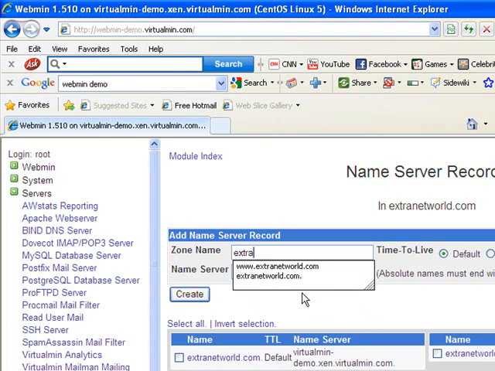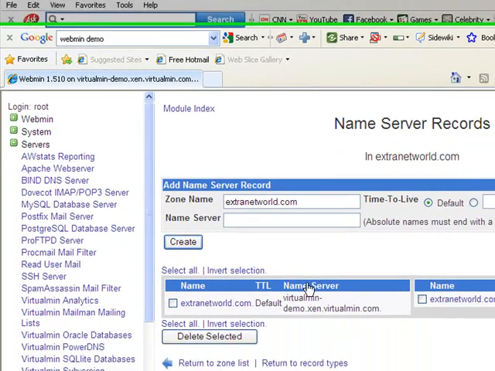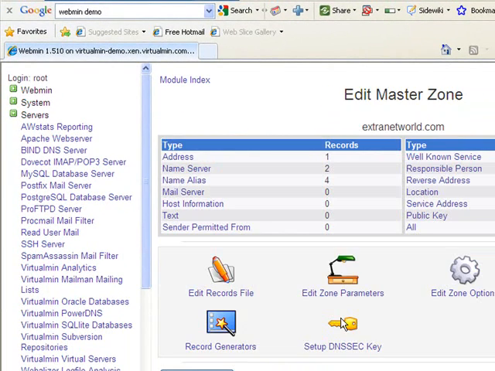Zone name is extranetworld.com, and we already have added DNS server. If you have secondary DNS server, you can add that too.